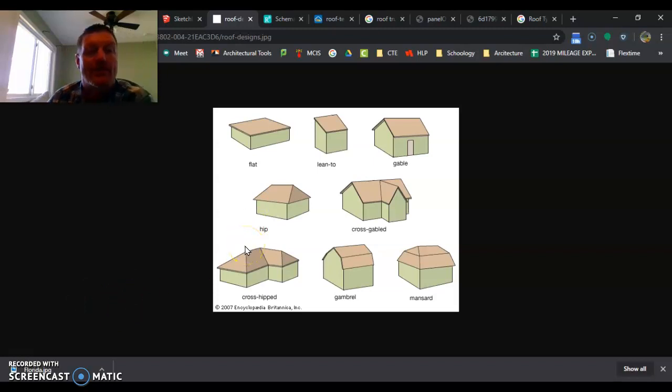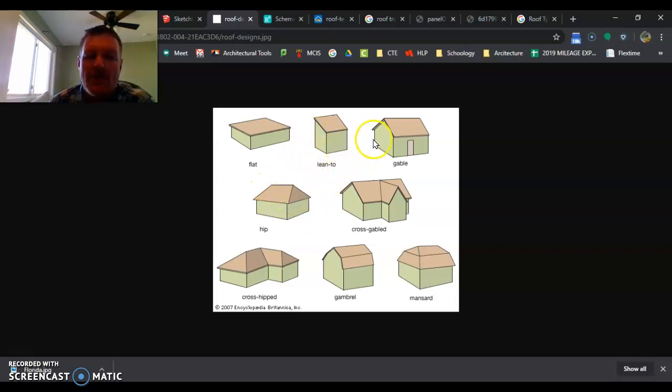All right, now it's time to start capping our building here. We're going to be putting a roof on it. First thing we're going to talk about a little bit is different roof types. The main couple roof types that we have to worry about or look at coming around here are, or terminology,